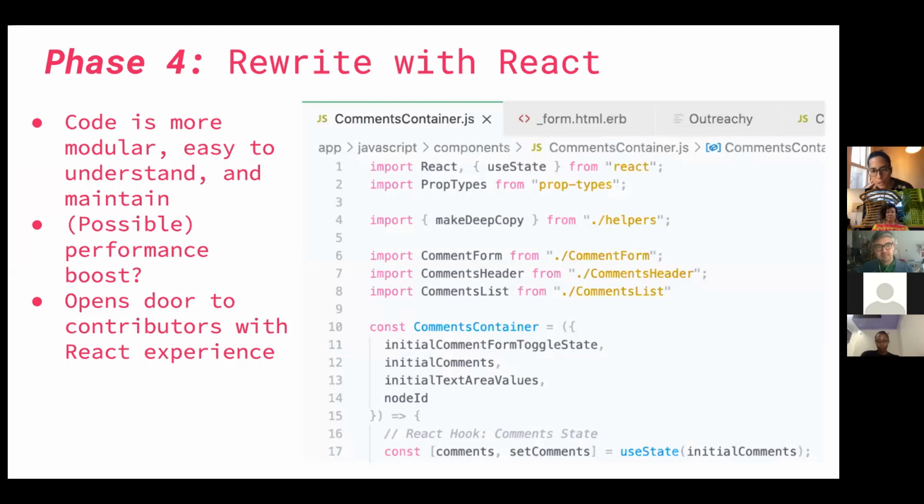React, as I was mentioning before, was the first web development framework that I started learning a few years ago. I might be biased, but in my opinion, React is more modular, easier to understand and maintain than what we have going on. I don't know this for sure, but I think the React comment system has a performance boost just because